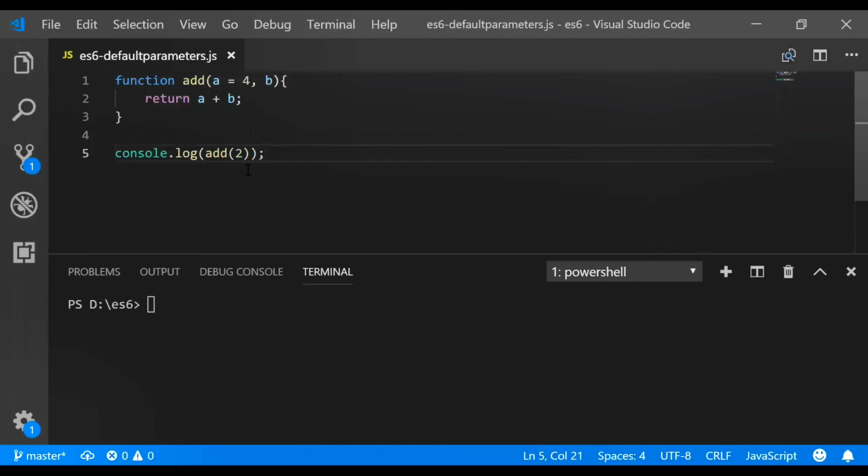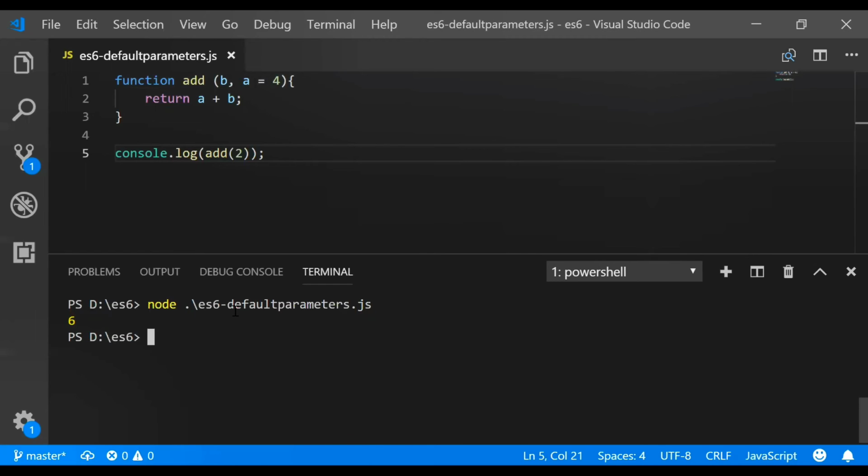So whenever you are using default parameters, according to the coding standard, you should pass them at the last of the parameter list, like you can see here. Then what will happen is that in this add 2, the value 2 will be taken up for b, and a will have a value of 4.